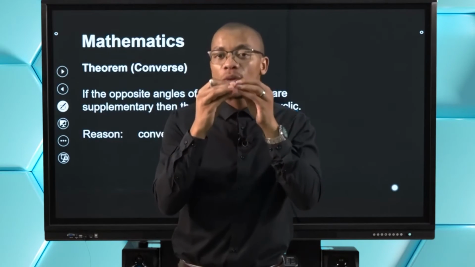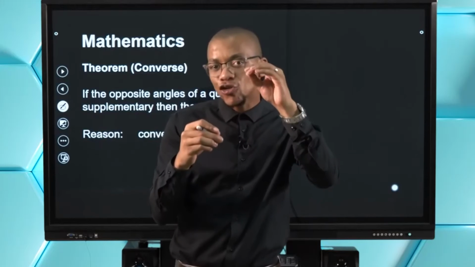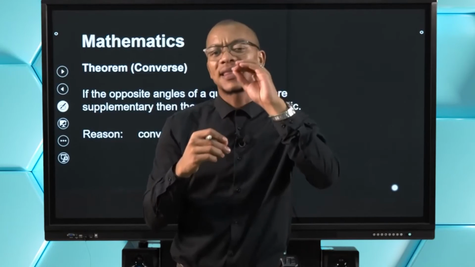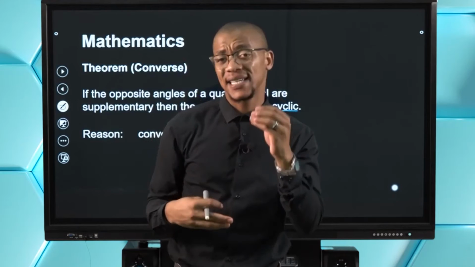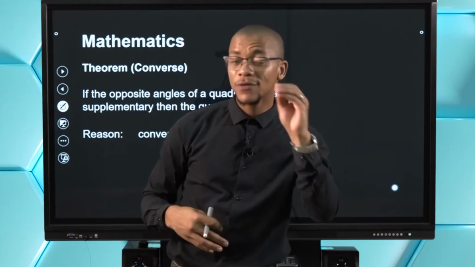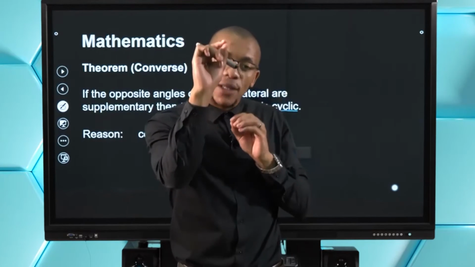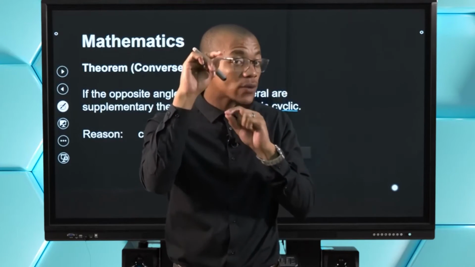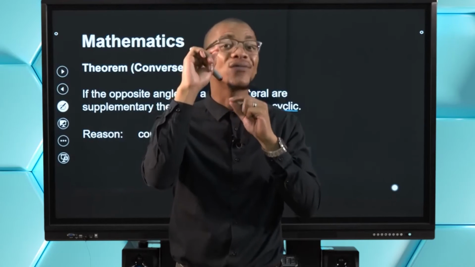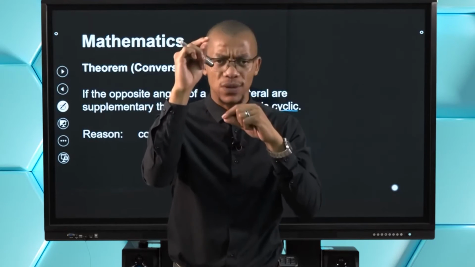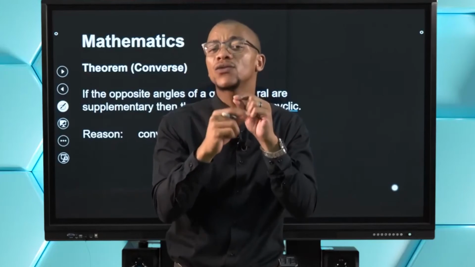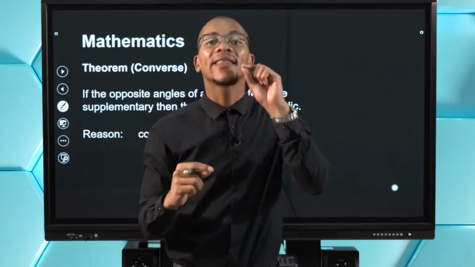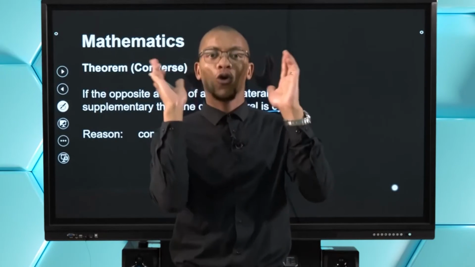If I give you a quadrilateral and I did not specify that this is a cyclic quad, and I ask you to prove that it is a cyclic quad, one way of doing that is to look at the opposite angles and find the size of those angles. If you add them and you find them to be 180 degrees, then